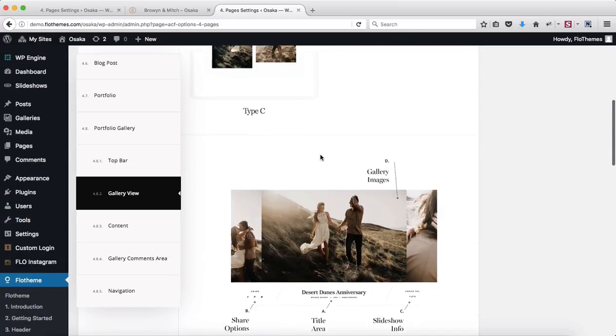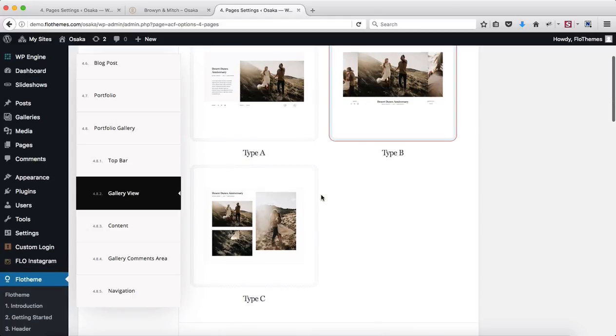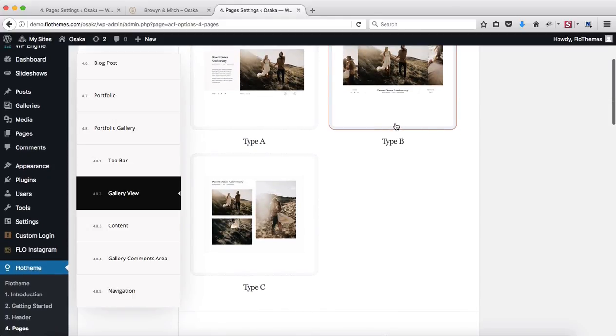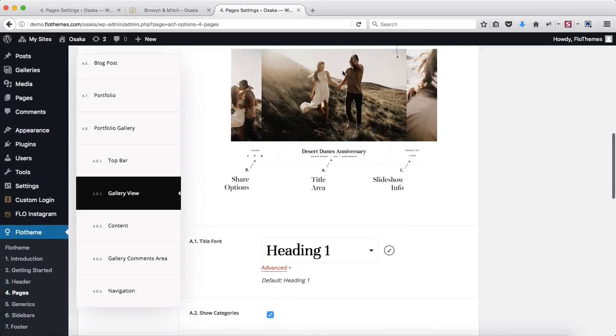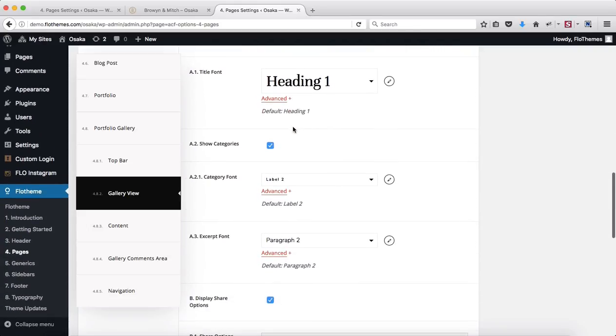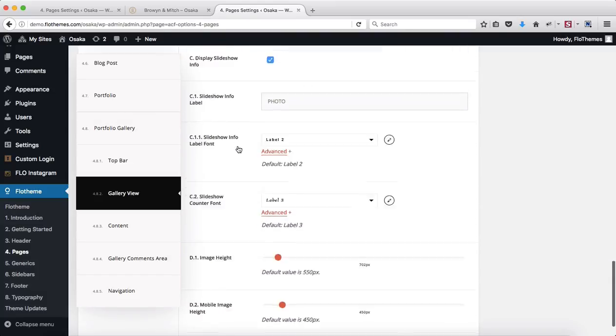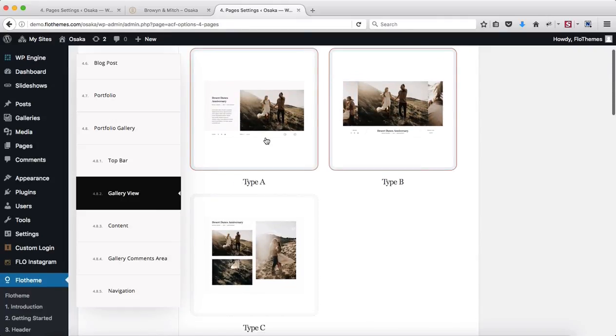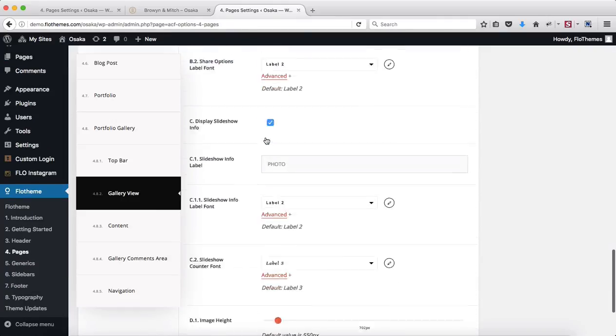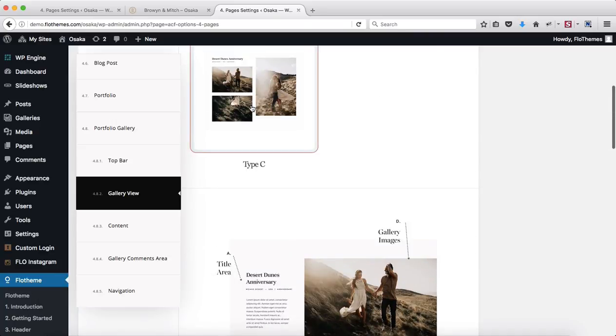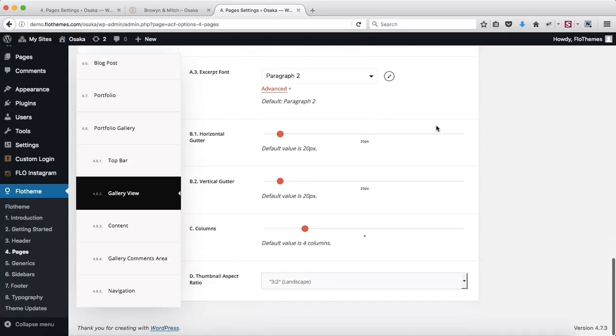Okay, and here we have a more detailed overview and additional settings for a specific gallery view. So if we click on type B, we have an overview here, and then we can make adjustments related to fonts, titles, and text areas for that particular view. If we head on over to type A, you can see that the following options will change accordingly. Same would apply to type C. We have additional options here. So the options are mainly related to fonts, text areas, and also image sizing and spacing between your vertical and